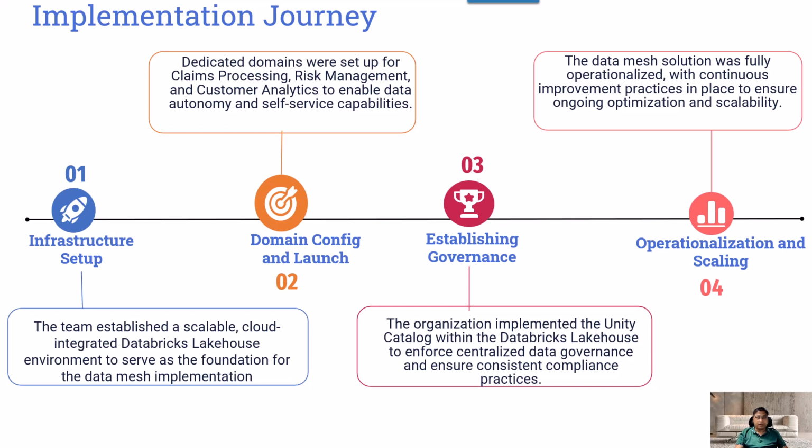After that, the next step, we established the governance. After the initial set of data migration, we implemented governance. We implemented a unified governance framework across all the data domains, while also making sure that domain-specific customization is kept. We implemented governance policies because we want to make sure that a standard set of governance policies, including data quality standards, security protocols, and compliance regulations, are already in place. Unity Catalog is used for enforcing these governance policies across all the domains,